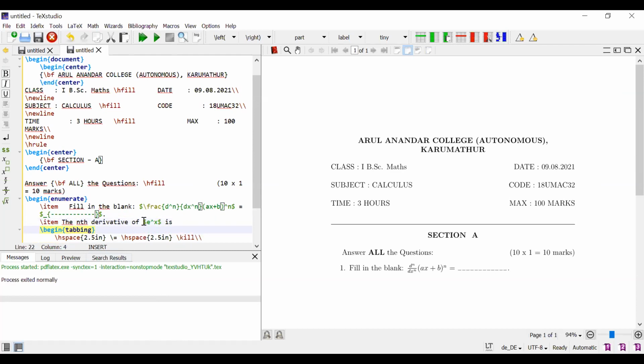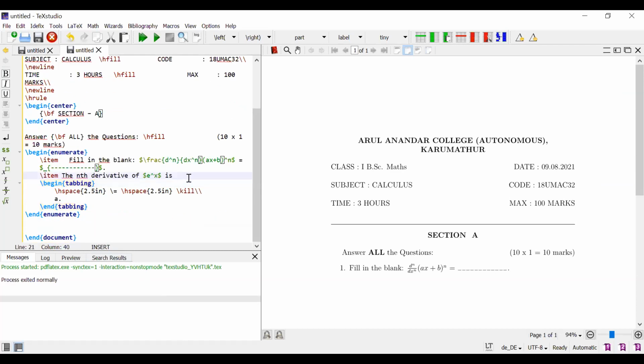Yes. My first option is e power nx. E power nx.